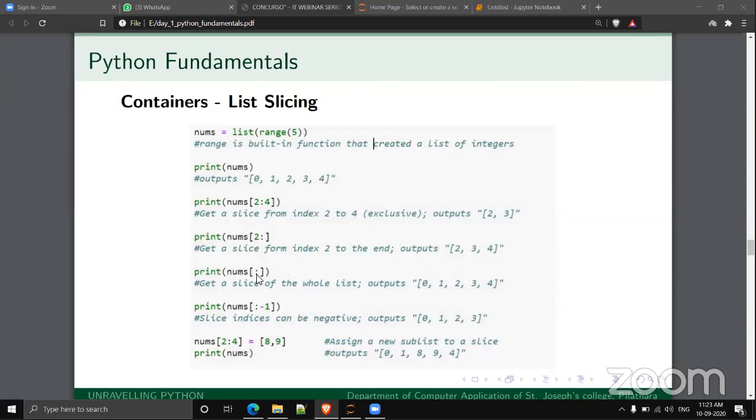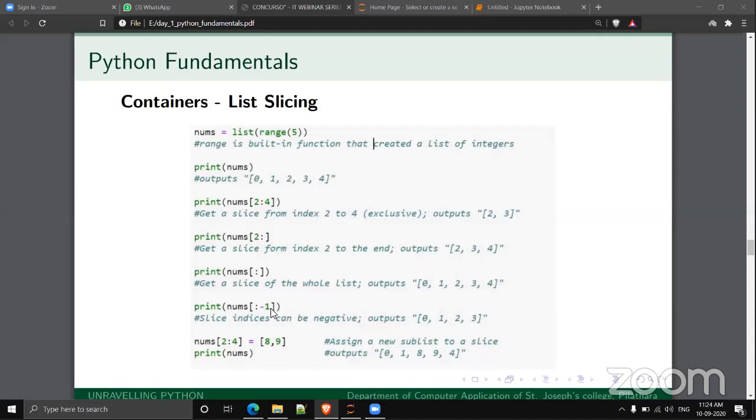So just think of what will be the output of colon minus 1. Since we are not specifying anything before the colon, it will start slicing from the 0th index itself. And what is the meaning of this minus 1? It means the last element, counting from the end.